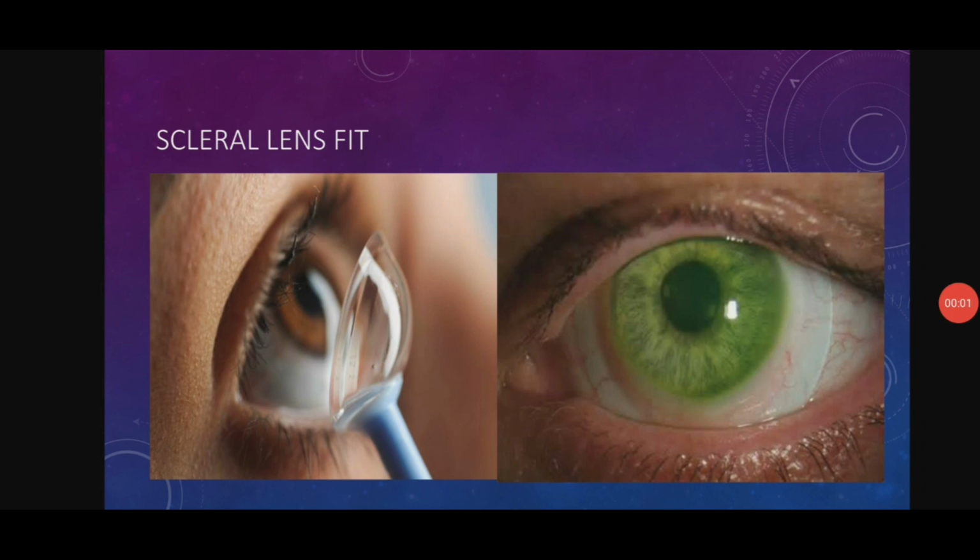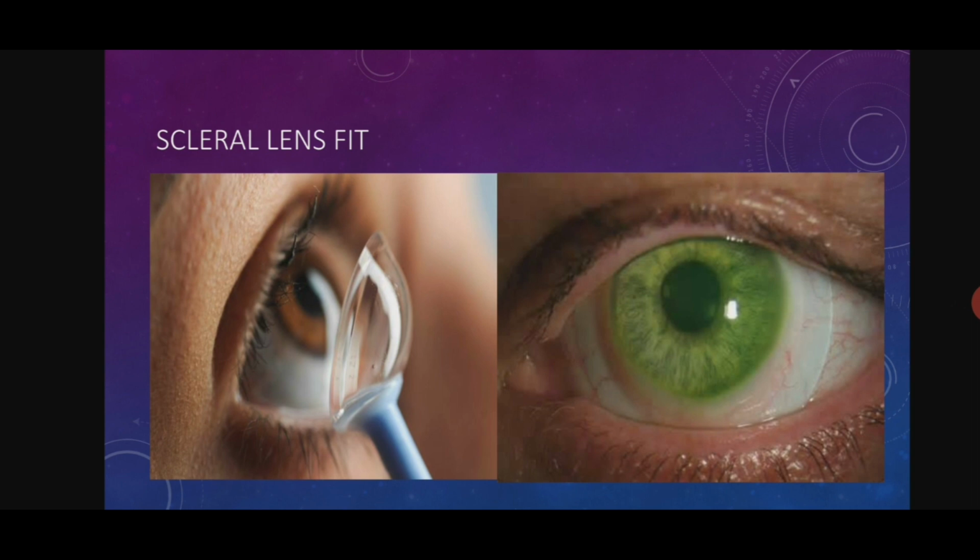We can fit a scleral contact lens for a keratoconus eye. We need a plunger for that, and that is Boston material. A scleral contact lens or a mini scleral contact lens is best for keratoconus. Why? Because the lens is sitting on the sclera, so it is causing no harm to the cornea. While fitting a scleral contact lens, we should be very careful about the vault. The vault should be proper.